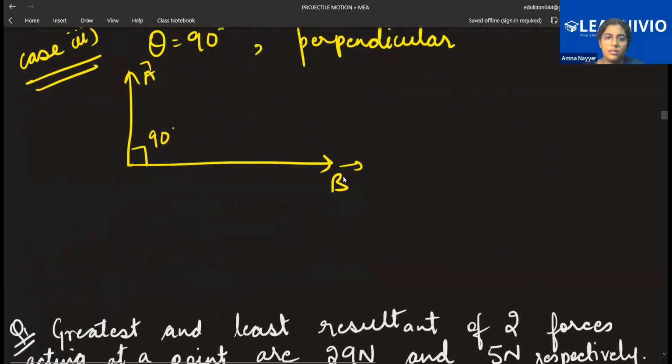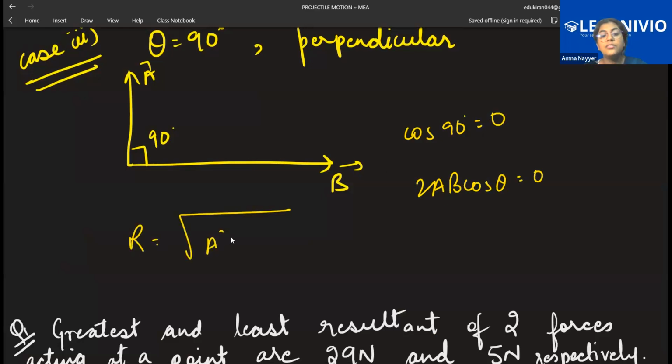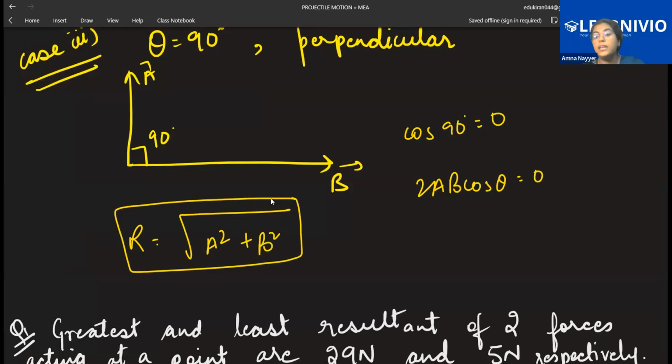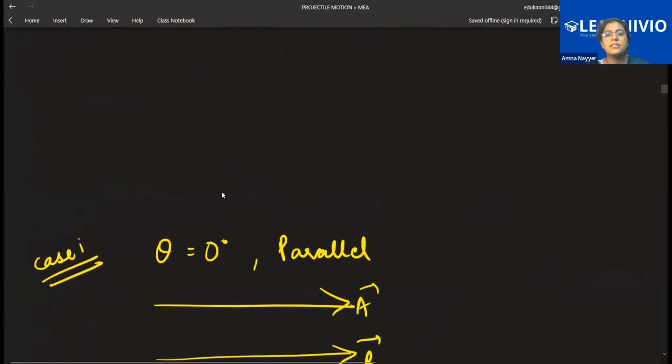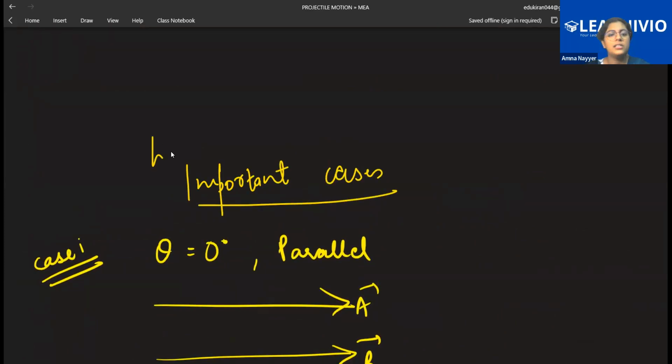Perpendicular case is the most important. See, you know cos 90 degree is 0. So the entire term of 2ab cos theta will be 0. So you are just left with the first two terms, a square plus b square, which we had seen in the last question also, the question at which we had completed yesterday's class. So these three cases you should remember. Write it till here, then we'll solve some questions. Start writing from here. Make the heading as important cases and just learn them.